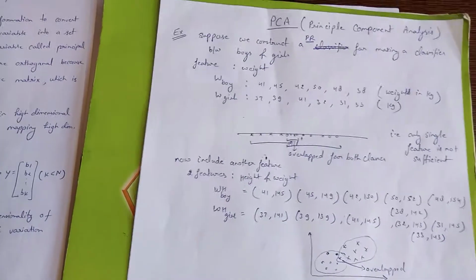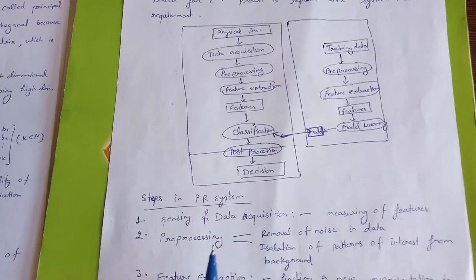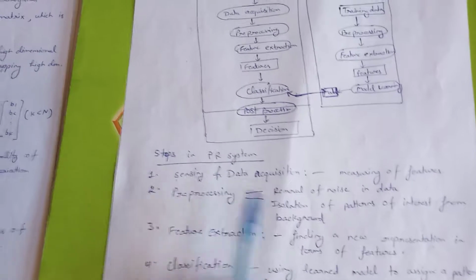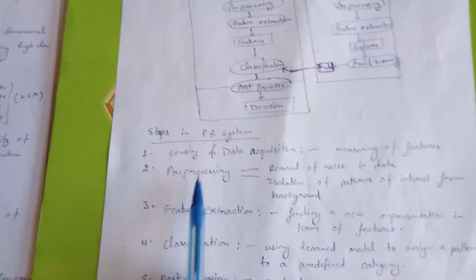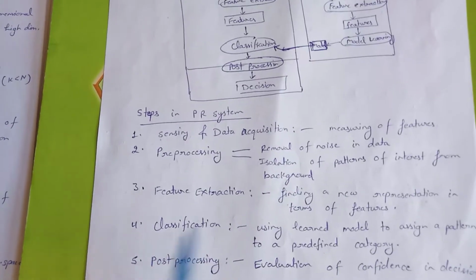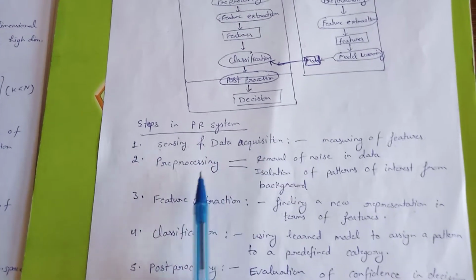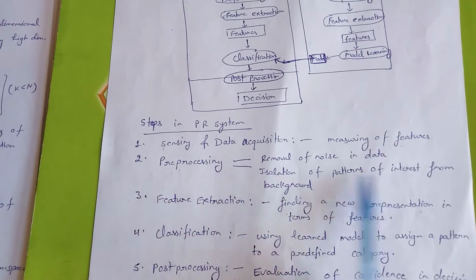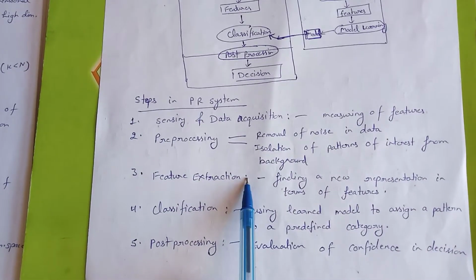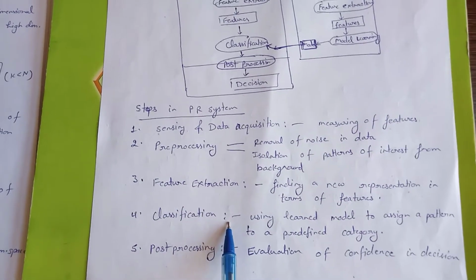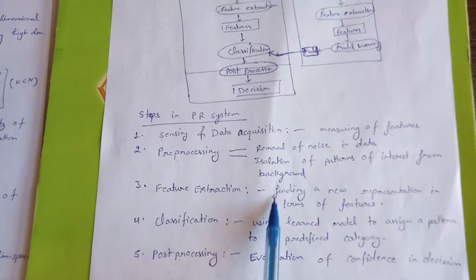In the last video we discussed the design principle of a pattern recognition system. As you all know, in designing any pattern recognition system there are 5 main steps. First we sense the data, or take the data from the environment, then pre-process the data, which means taking the area of interest or pattern of interest, then select the features, and then come to designing the classifier, right? PCA helps in extraction of features.